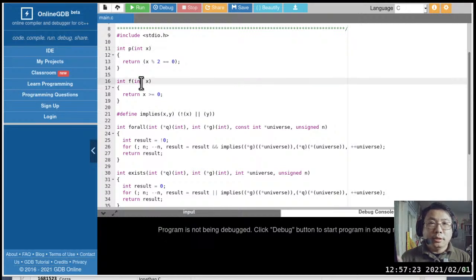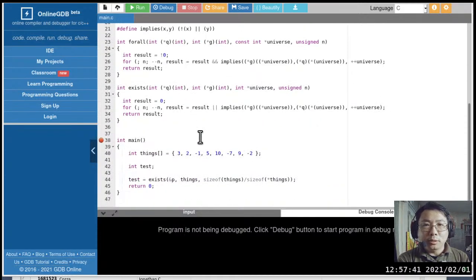The function f is actually just a filter. It's basically asking, are we even interested in this? Because if we are not interested, then it should not matter. So now we need to change the array a little bit, just to make it applicable.